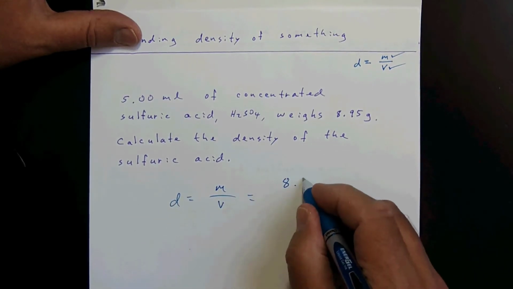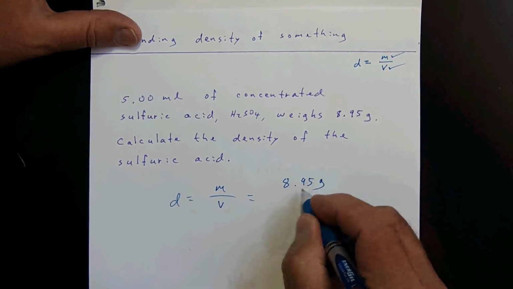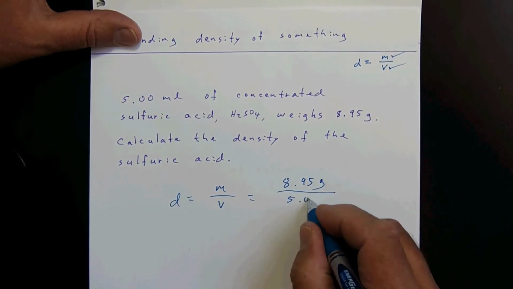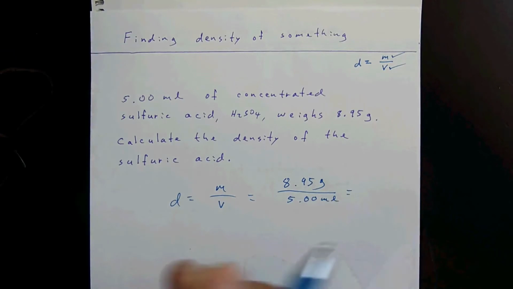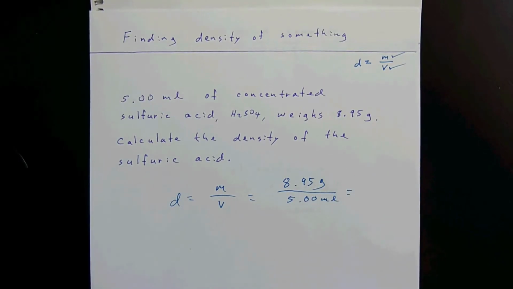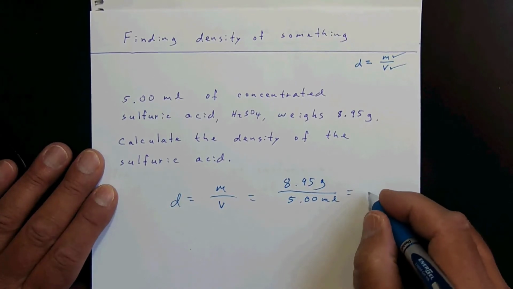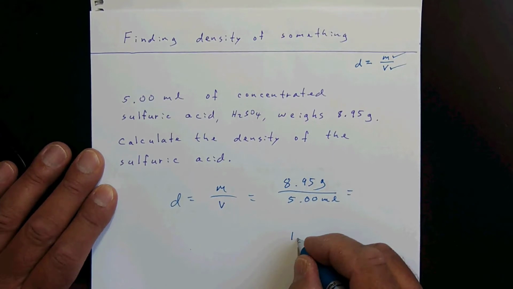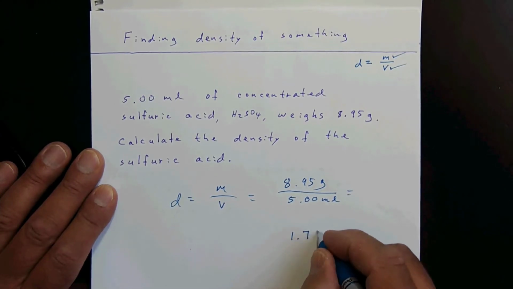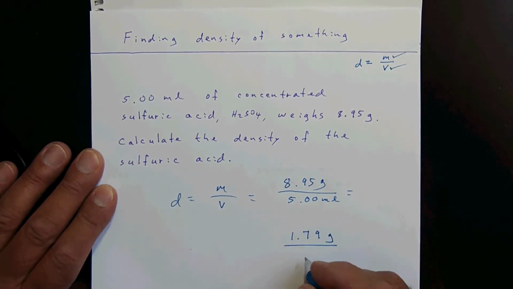So your 8.95 grams over 5.00 milliliters. You do the math on this. 8.95 divided by 5, you're going to find it's 1.79. So your answer is going to be 1.79 grams per